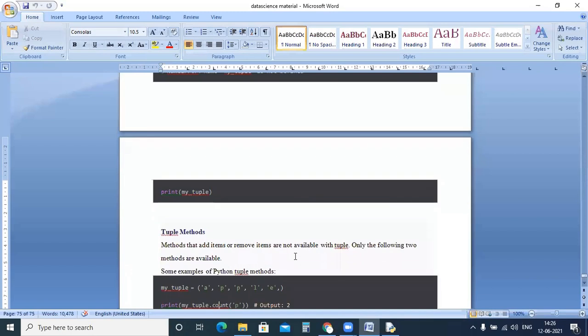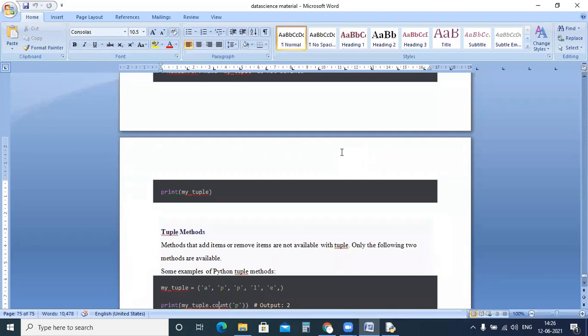And as I said, in the previous list example, we added elements by using insert and append, and we removed elements also by using pop and other methods. Different methods we have. But from the tuple, we cannot add the elements or remove the elements.